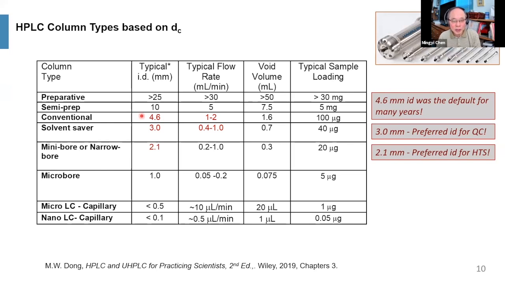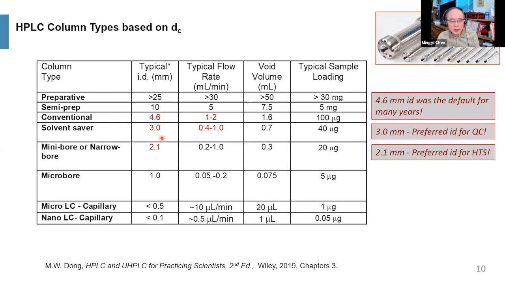So the older column, this is really a pretty ideal ID. Today, because the HPLC getting better, the flow cell volume is getting better, the inner diameter of the connection tubing is smaller. We really should be using 3 mm ID, right? There's no reason to use 4.6 anymore